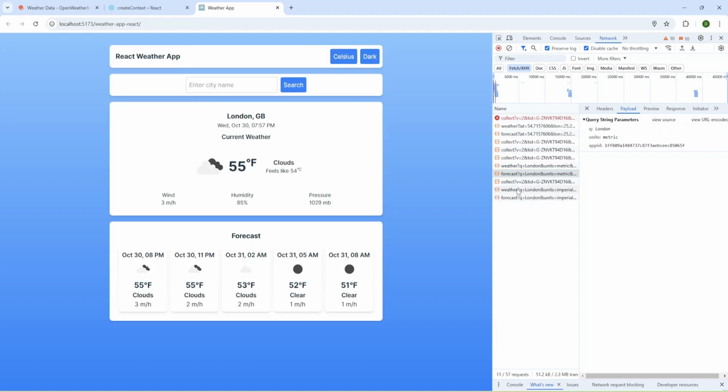Okay, and we have two more requests, but now units are imperial, and we have our Fahrenheit data, and we have our miles per hour.